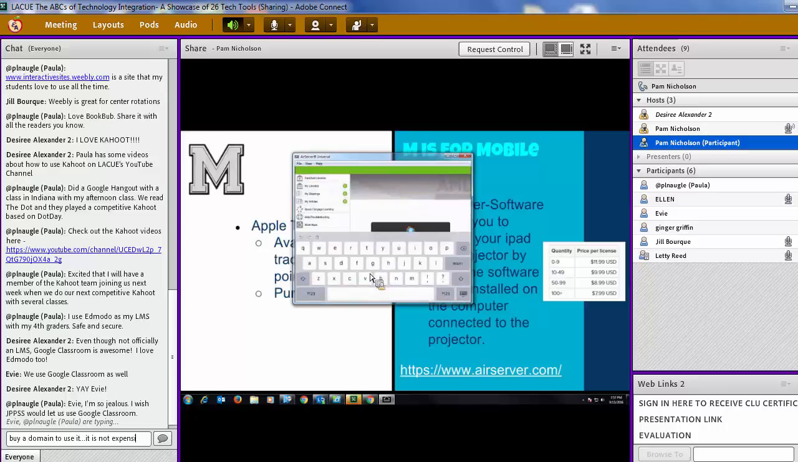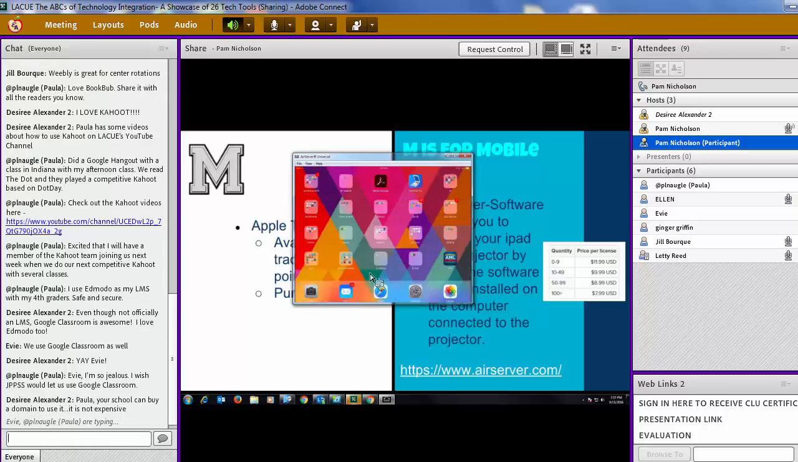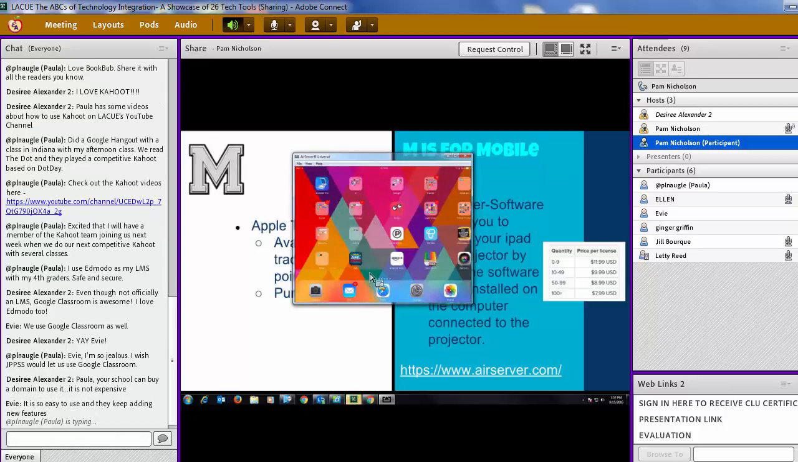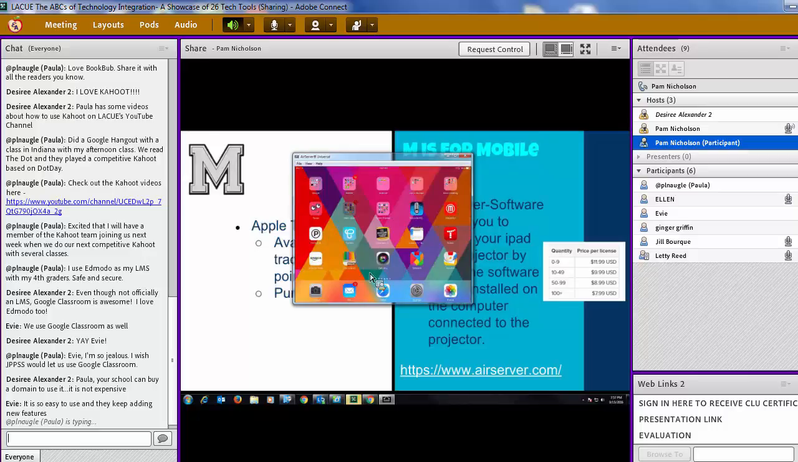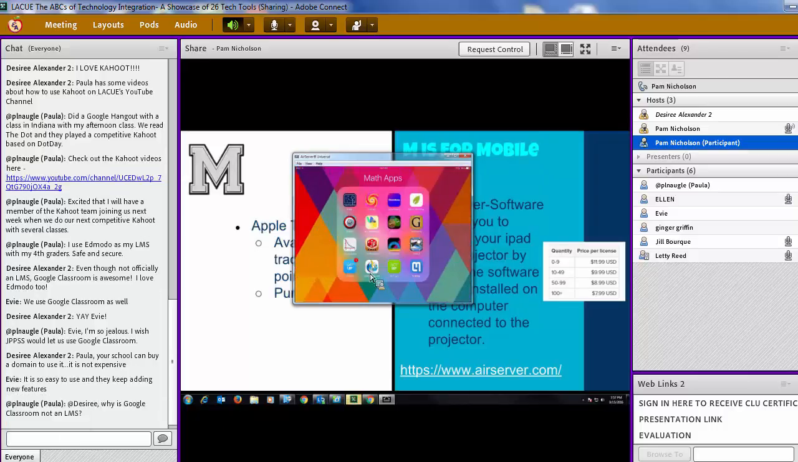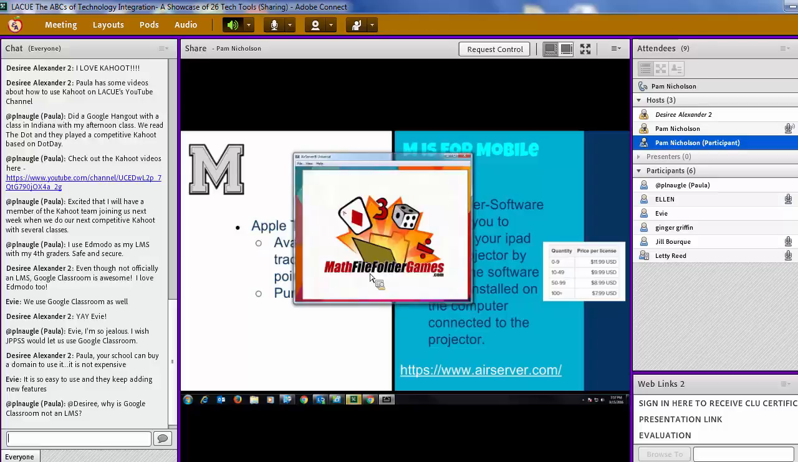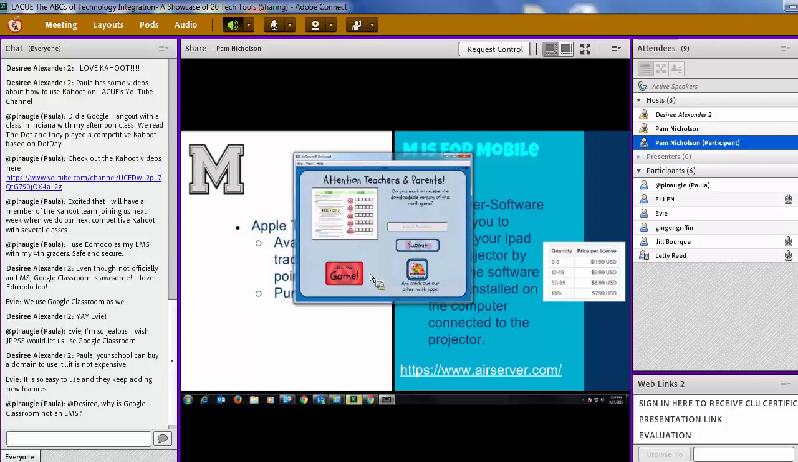And so it would just work the same way as AirServer. So anything that I want to go through and do on here, I'm just able to navigate my iPad the normal way, and it's just going to show up. So AirServer is one of my favorite things, and like I said, we gave you the link for it,